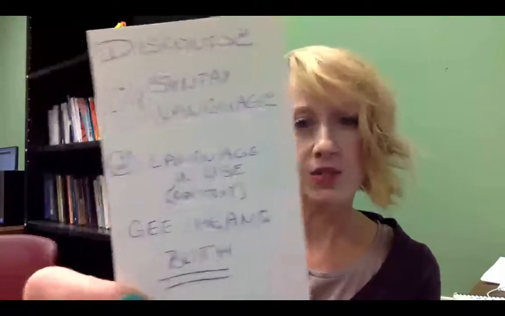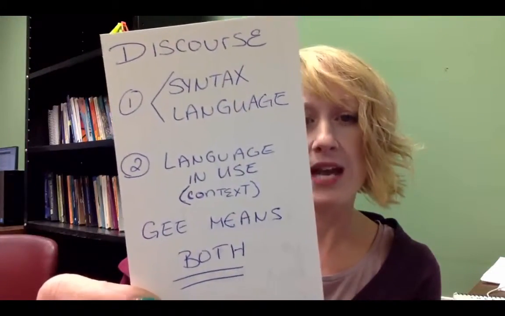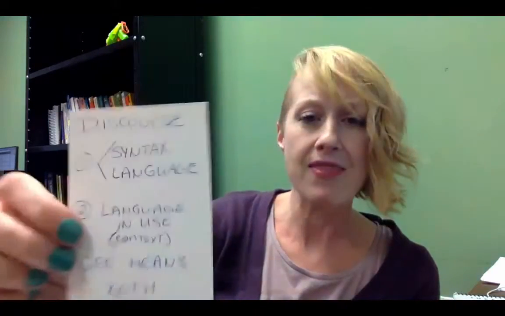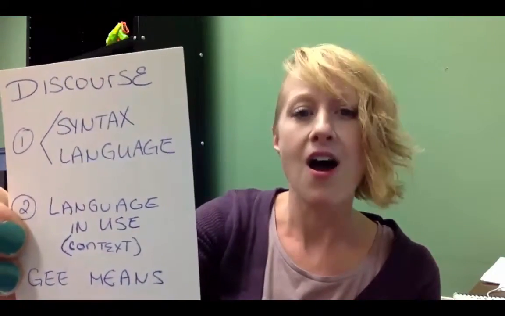The very first key term that I think about is discourse. So Gee says that discourse has two different things. The first being syntax and language. And he says that syntax, the structure of a sentence, the language that we're using, looking at the actual words that are being said and how they're being said is one thing that is very important. He also says that linguists sometimes look at pragmatics, which he says can also be associated with discourse, which is language in use. And that is looking at the context of language, the context in which language is being used.